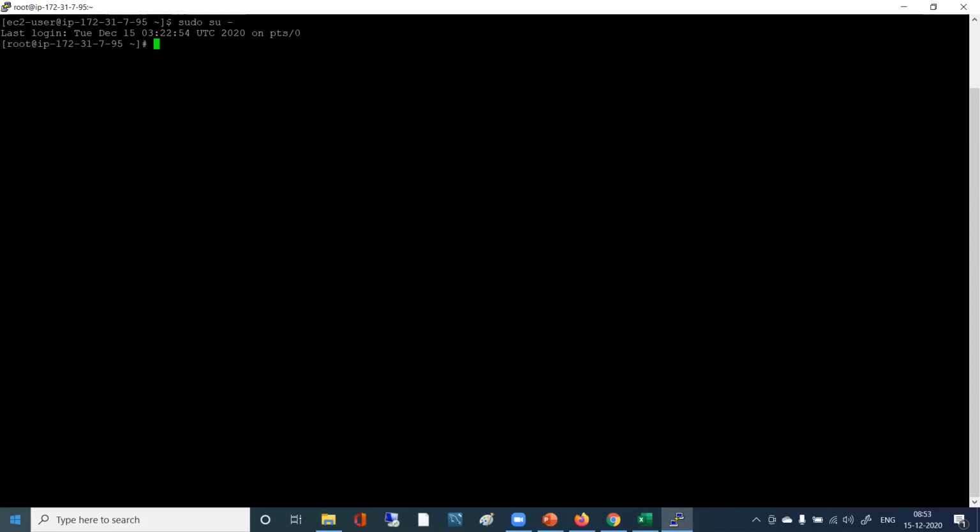Now that you are in root, we are going to run our website, right? For our website, we should have some kind of web service running, some Apache web service. For Apache, HTTPD is the package. There will be some RPM in the Linux machine, and the RPM for running that Apache web service is HTTPD. In order to install that, we have to say yum. Yum is the installer for installing packages in Linux.